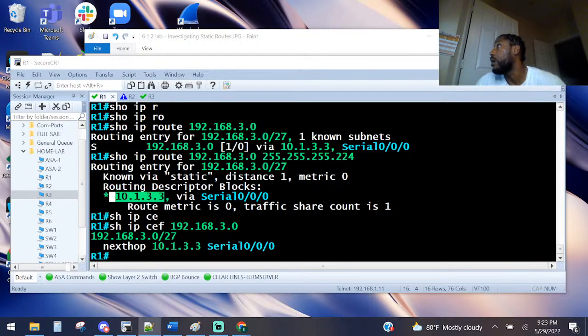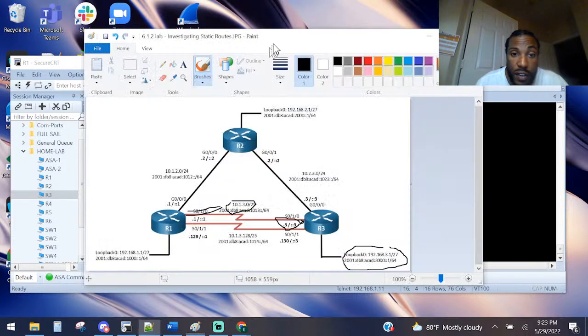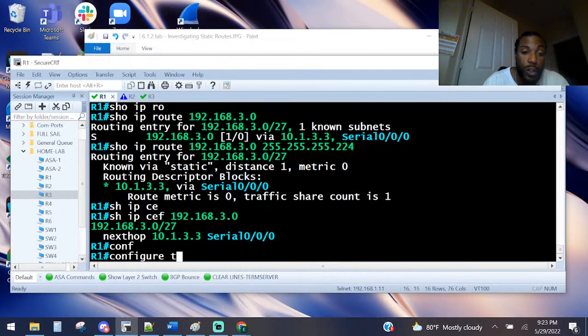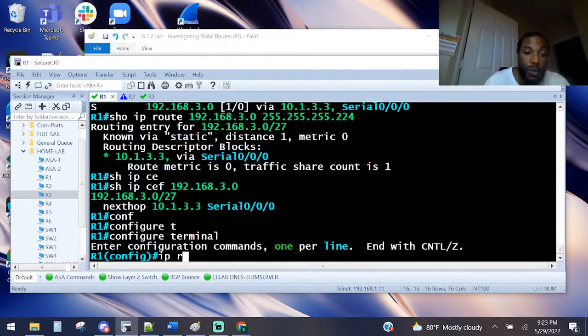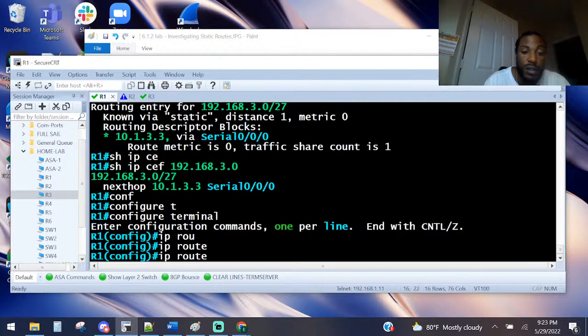So then they want us to examine the routing table and configure another fully specified route, but this time using the other exiting interface. To make it to this network, we said use this as the exiting interface. Now they want us to say, to make it to this network back here, use this as the exiting interface. Remember, those two cables are connected to the same router, so we should theoretically be able to make it there, right? Go to global config mode, ip route,